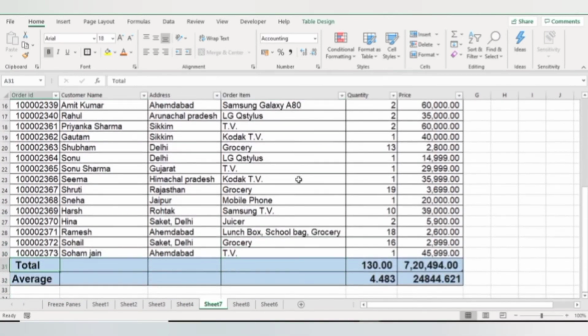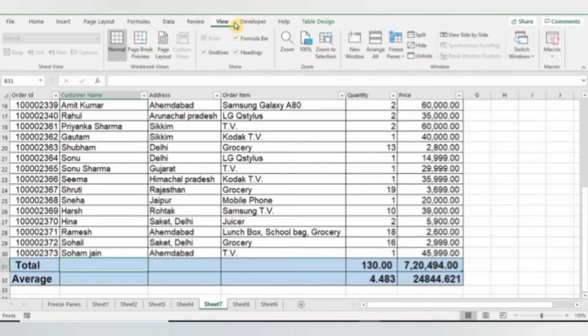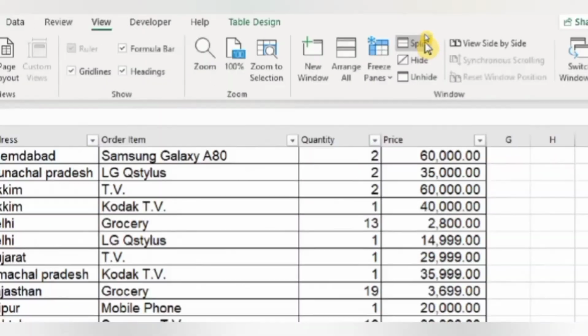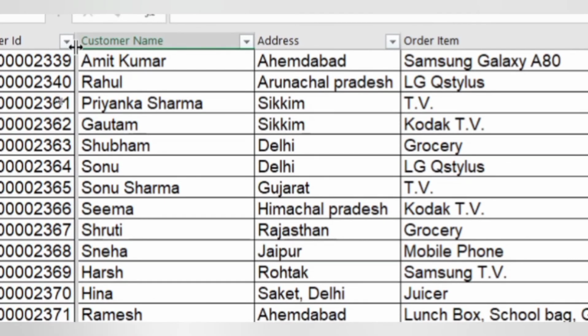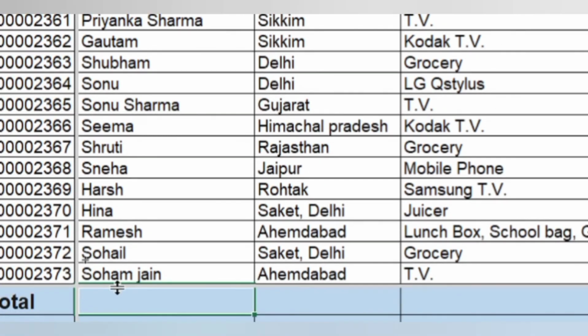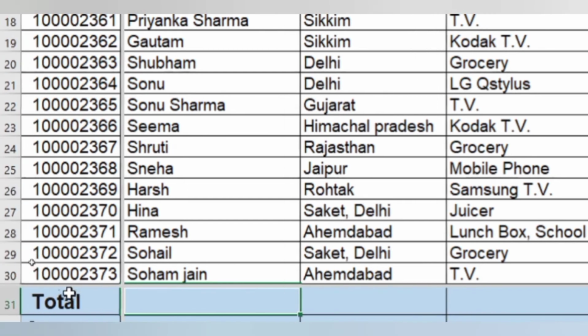So for this, I am simply putting my cursor in my total row and then going to the View tab, and from here you can select Split. So here these are the split lines, which are after my column number 1 and after my last entry, before my total and average. So it is perfect.